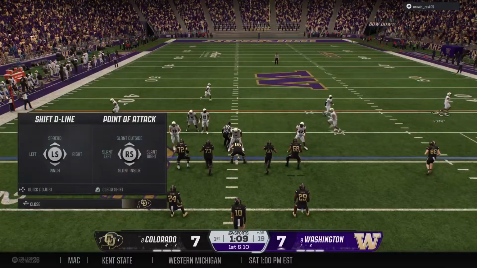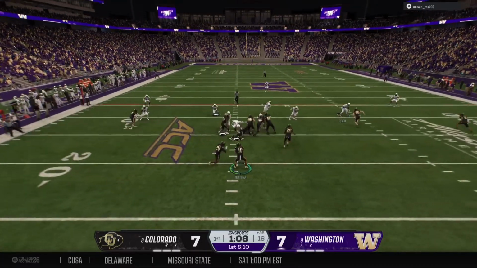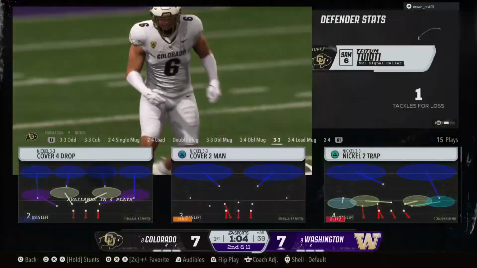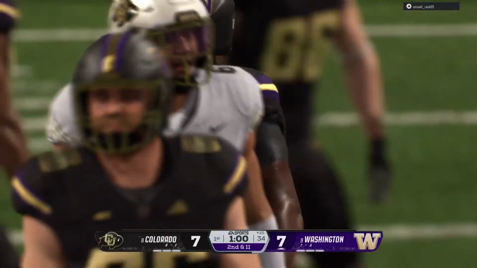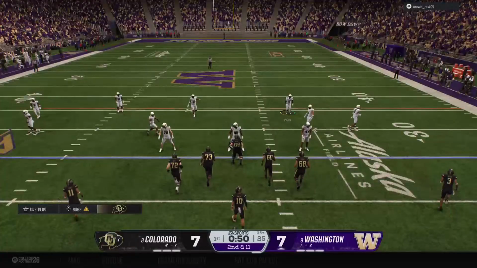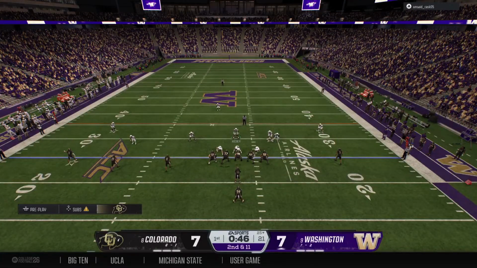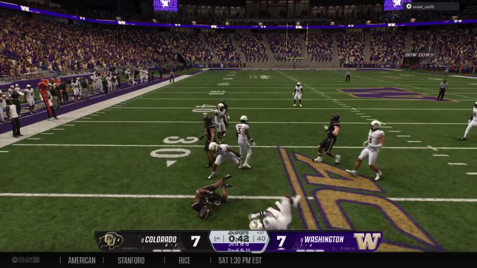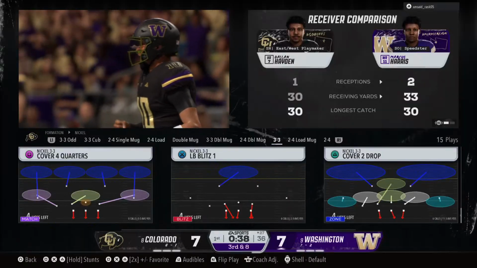The drive starts from their own 25-yard line. They'll run it to the right. And he was fortunate not to lose yardage on that play, able to wedge it back to the line of scrimmage. And that's why he is an All-American caliber player. He is just so physical and dominant against the run. He's able to shed blockers, use his athleticism, use his speed, get to the ball carrier and bring him down. Simply one of the best box defenders you're going to find in the entire country.